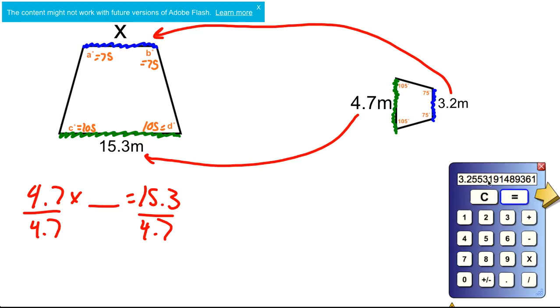And that's going to give me this long, crazy number. But that's still my scale factor, and I still need to use that. So I know that 15.3 divided by 4.7 is about 3.255. Okay. Now, a common mistake a lot of students make is that they'll clear this and they'll use this instead